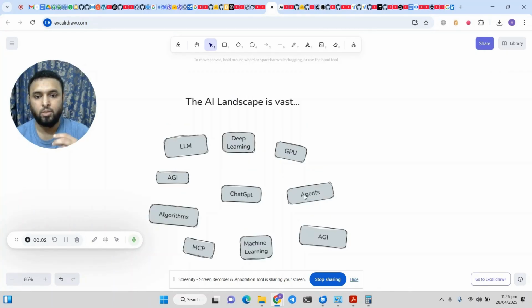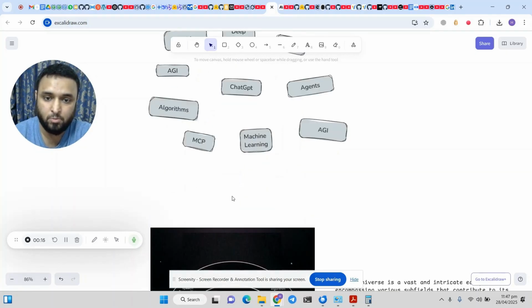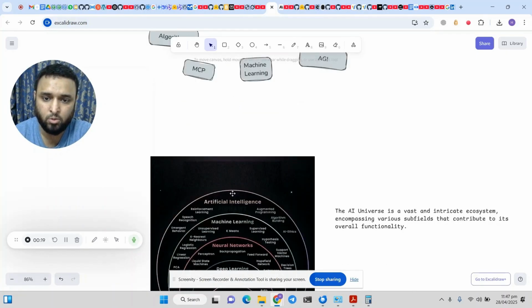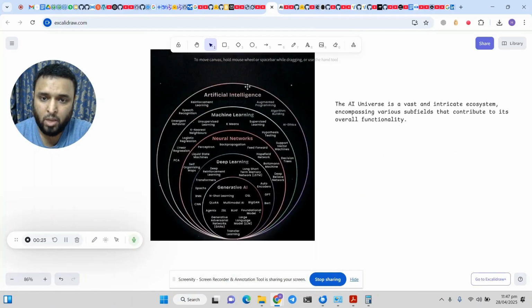Now, this video is an introduction, a preface of what's next to come, and that is the learning path that we will take together in exploring and understanding each of these terms in detail with intuitive examples. But before diving any further, let's have a glance at what the universe of AI looks like. Now you may see this schema, it's all well structured and ordered.